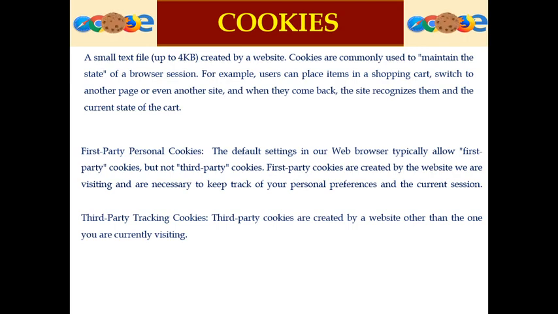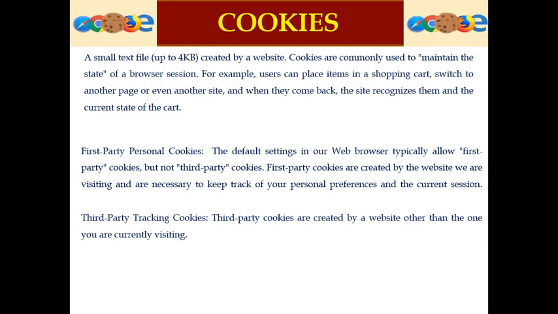Two types of cookies are there: first party personal cookies and third party tracking cookies. First party personal cookies are created by the website that we are accessing, and this website uses this cookie data temporarily.